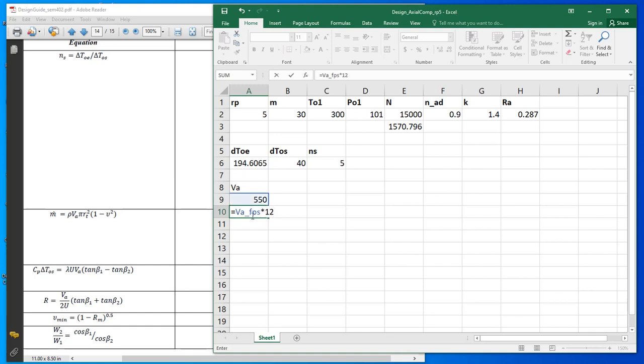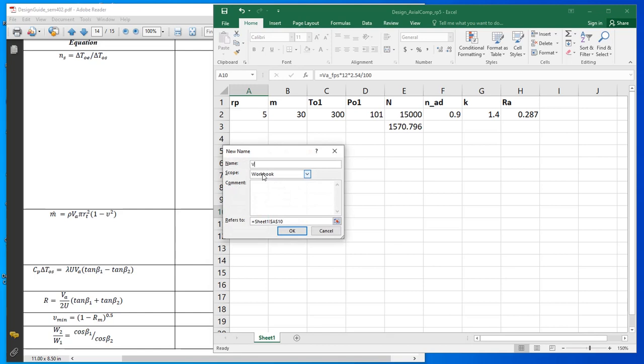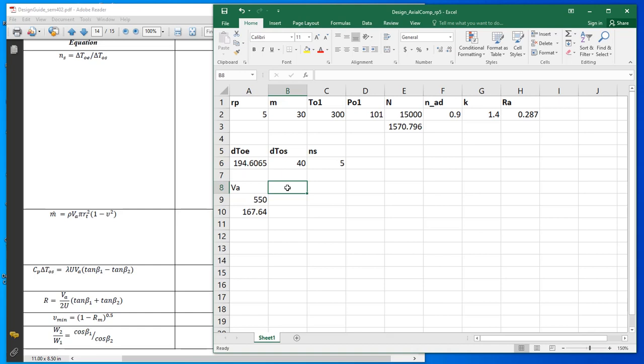Let's convert it into meters per second. A foot is 12 inches, into 2.54 centimeters, divided by 100. So that is your value of VA. Let's give it a name, VA. So now our V1 is equal to VA, and from our VA we can calculate our T1,